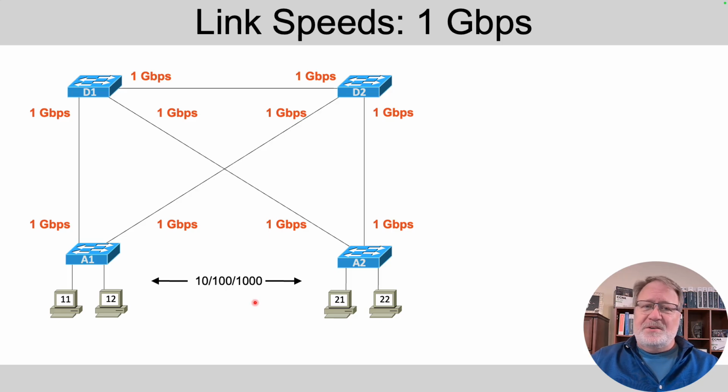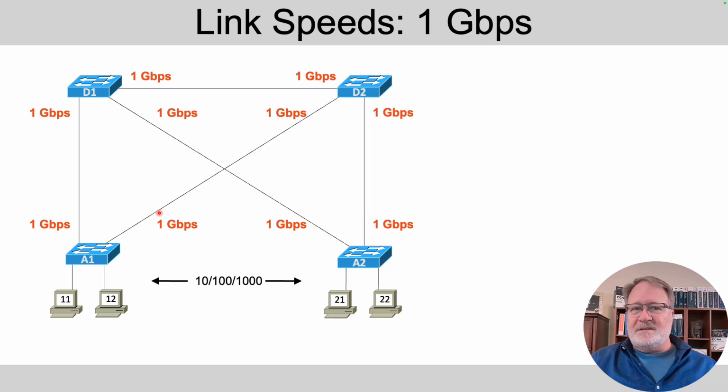And it is. There's this idea called oversubscription, where if you've got, say, 24 1 gigabit ports on all these access switches, we'd expect most of their traffic to go up, northbound, toward the distribution layer. And you don't want all of that 1 gigabit per second traffic times 24 ports to be trying to get out this single 1 gigabit per second link. You'd think, as a network engineer, I want more capacity, more speed, more bandwidth going up toward the distribution layer